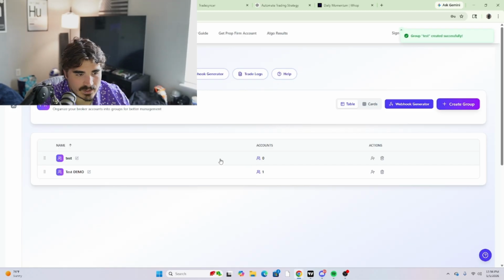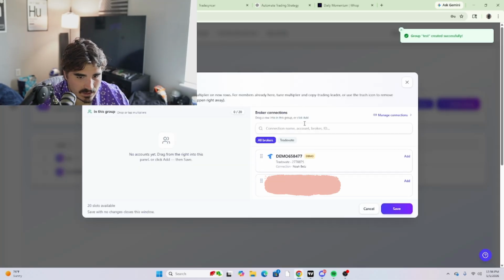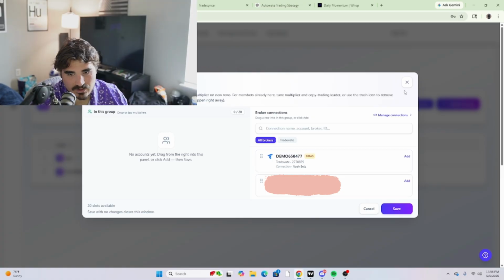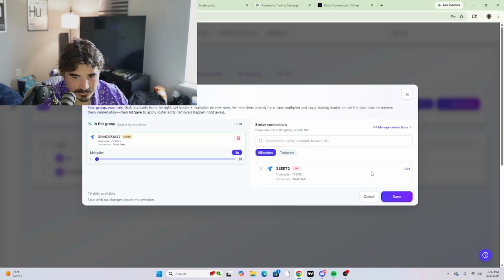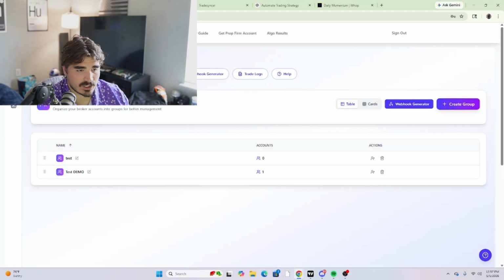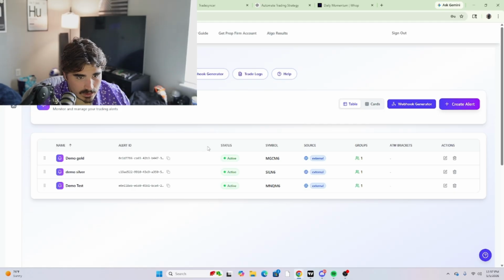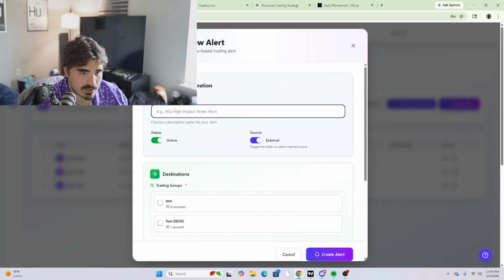So what's going to happen is you're going to have all your accounts pop up to add the different accounts right here. It's very similar to TradingView, right? You're going to have your leader account, or the account that you want. So that's going to be right here. Right here, I have my demo account hooked up to it. So then you're going to want to go to trading alerts. Right here, you're going to want to hit create alert. And let's just do test